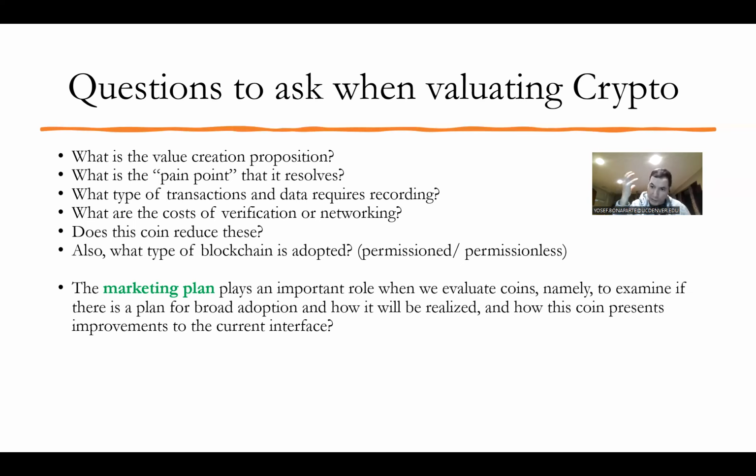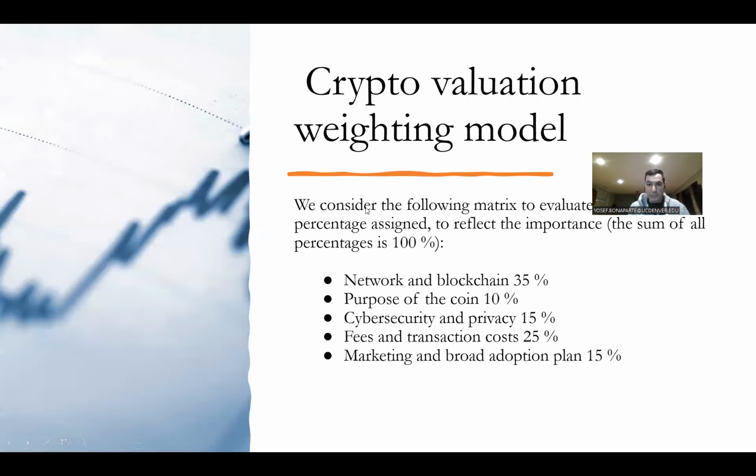Bitcoin blockchain is only for Bitcoin users. Ethereum is allowing tokens. As a result, the network is growing faster and faster, but Bitcoin is the first mover. So if you want to have your coin, the question is how you can build an infrastructure where more people come into your network. And this has to do with the first question: what type of transaction and data requires to record it?